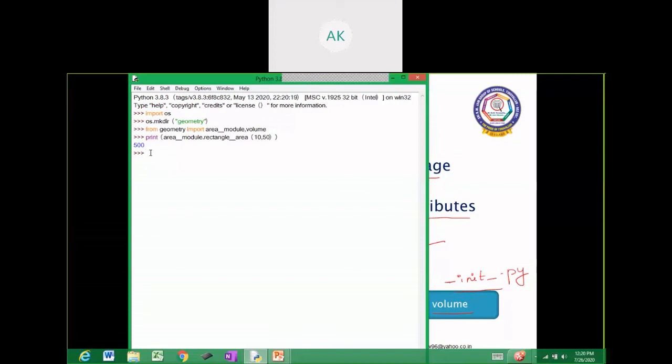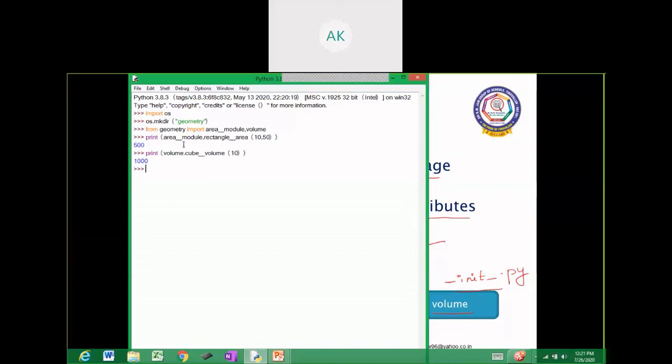Let us see the second module: print volume dot cube_volume, passing the side, let us assume 10.